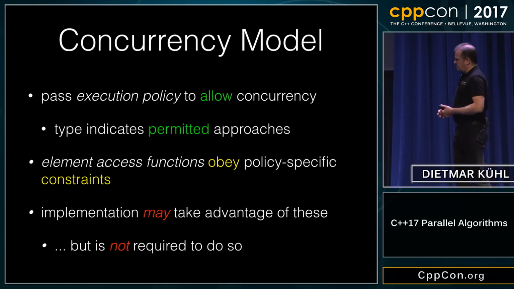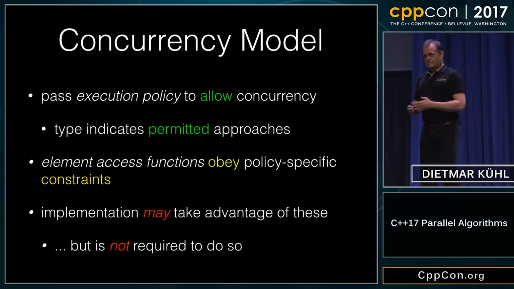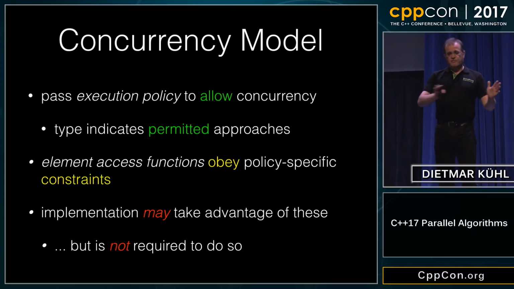Which gets me to the concurrency model. In general, the standard is specified to work on a broad range of hardware. All of the functionality should be available on all of that hardware. Some of that hardware doesn't have any concurrency at all, and trying to emulate concurrency on such systems would probably just make things slower. As a result, there's no promise that passing an execution policy which says run in parallel does anything in parallel. It gives the algorithm the opportunity to execute in parallel, but doesn't guarantee that it will